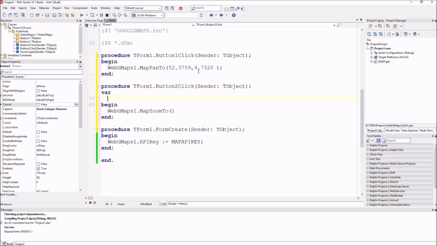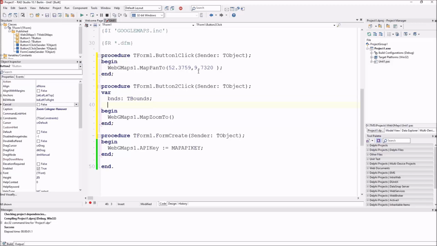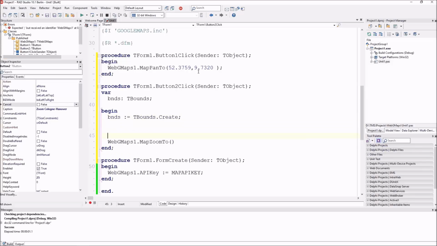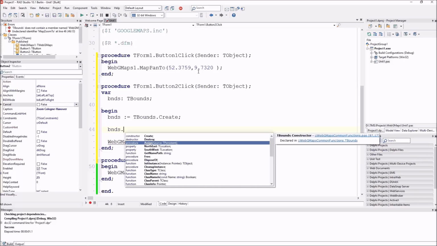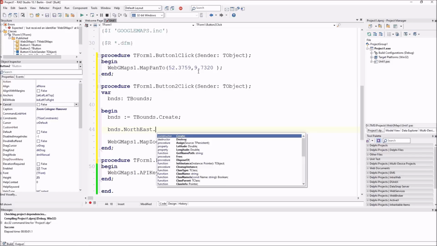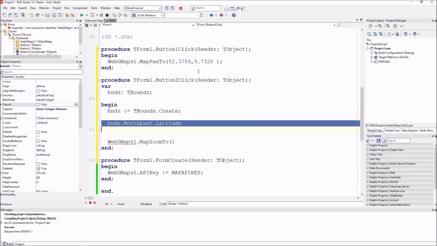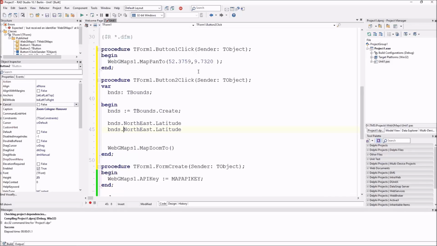The bounds property is of the type TBounds, which is a class, so we need to create an instance of that class. And for these bounds we can control the northeast coordinate, which is also expressed in longitude and latitude,